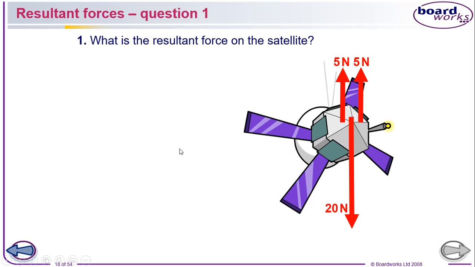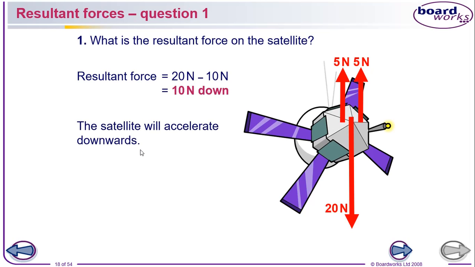Now let's take more advanced examples. So what will be the resultant force on the satellite? Okay, you have 5 newtons and 5 newtons acting both upwards. Because they are both acting in the same direction, we're going to sum them up. So the upward force is a total of 10, while the downward force is a total of 20. Because they are acting in opposite directions, we need to subtract them to get the resultant force or the net force, which is 10 newtons down. Right, now the satellite is going to accelerate downwards. This means that it's going to move downwards, and will have a change in its speed,